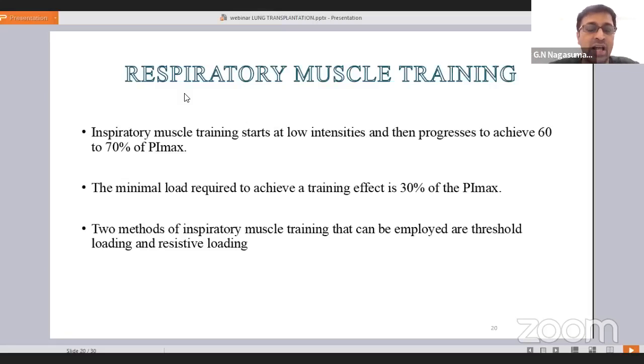These people mostly complain of intercostal pains because they develop a lot of intercostal triggers. So we need to release the triggers. We need to improve intercostal muscle activity and properly retrain the diaphragmatic activation. With this, the patient's accessory muscle activation will be reduced. When these accessory muscle activations are reduced, the maximum inspiratory pressures will definitely improve drastically, and we can achieve from 30% to 70%.